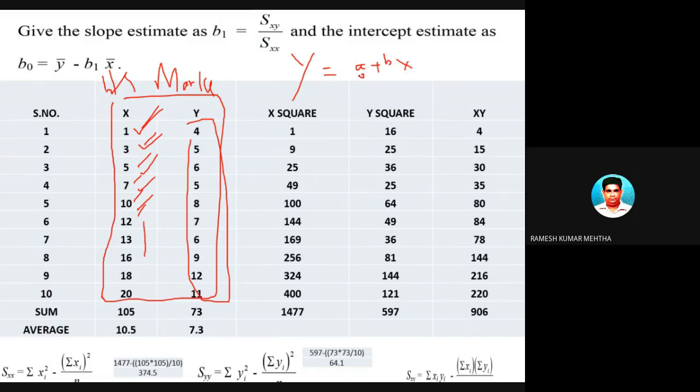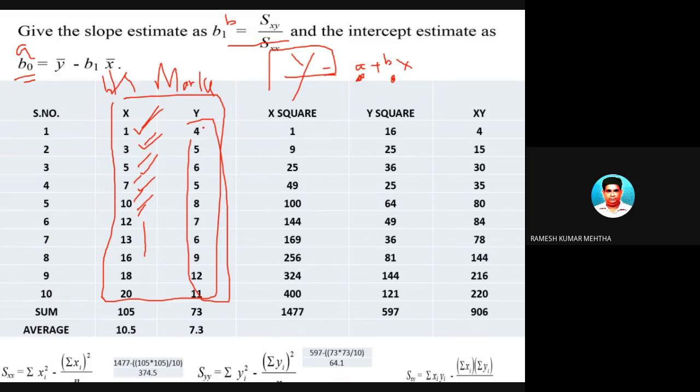So you have to find out this, and from this you have to find out the individual values of predicted value of y. So in this particular PPT, I am going to show you how you find out the values of A and B manually by using some equations. Okay, let's do it. So the formulas are there for finding out values of A. This is A and this is B.